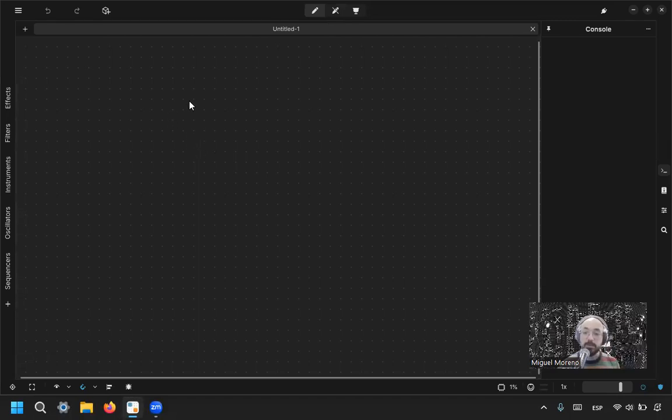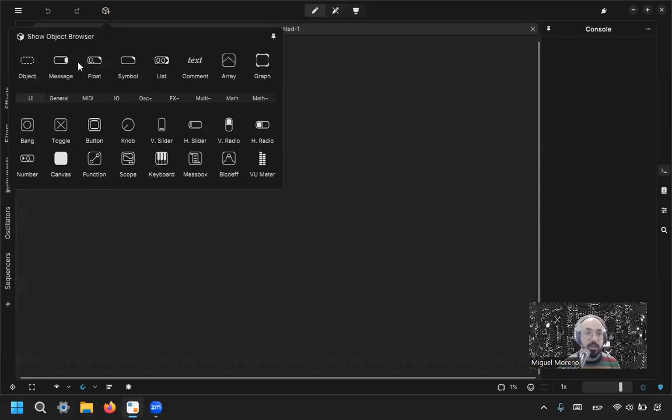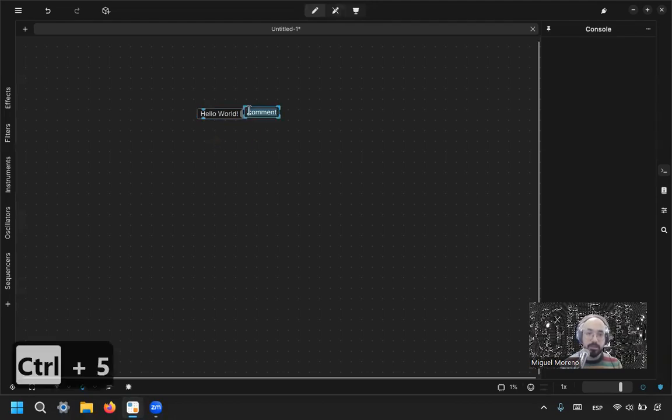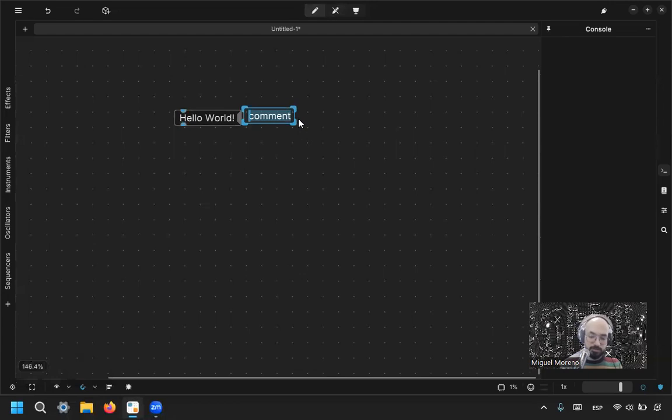And so let's go to the top left corner and add a message. There it says message. Then we click on it and we type hello world. There we go. And this is a message, right? Messages can be created using the shortcut Command 2 or by accessing the menu that I showed you there. And messages are clickable